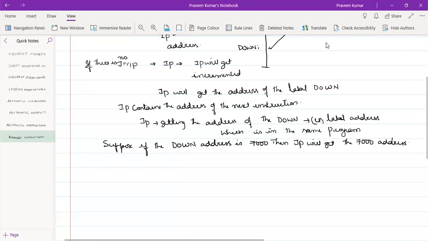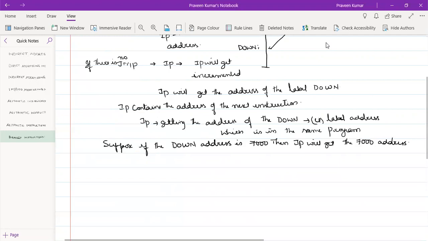So the moment the instruction goes into jump down, the IP will be substituted with the 7,000 address, and the next program will be executed from 7,000 onwards. So that's all about the jump instruction.